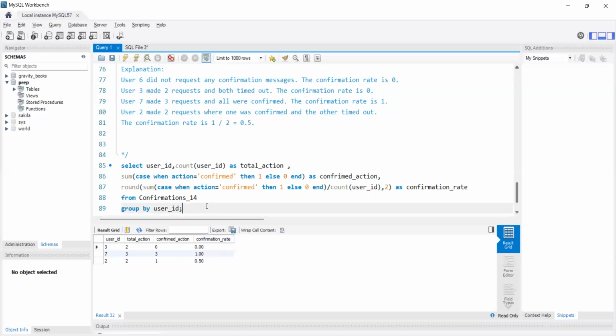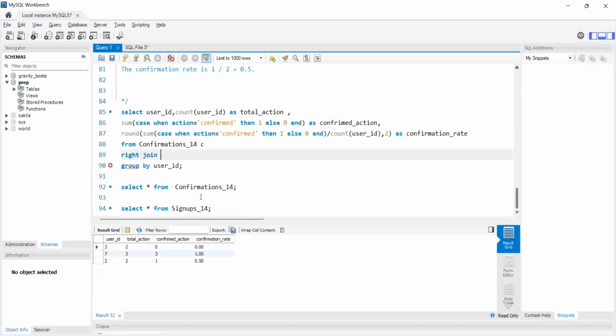here the tricky part is, which I cleared in the initial discussion, right? Whenever you see that the signups table has more records, but the confirmation table doesn't, but in the output you want those records as well, which are not present in the first table, then you need to have some more joins. I mean, outer joins, right? So let me just do a right outer join with our